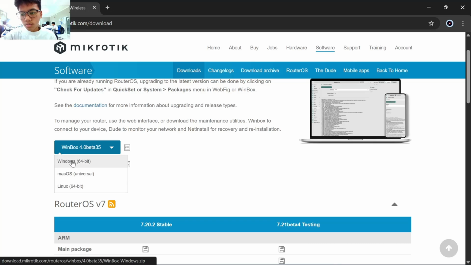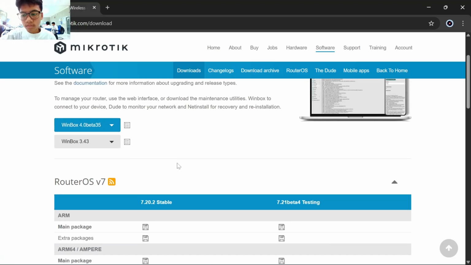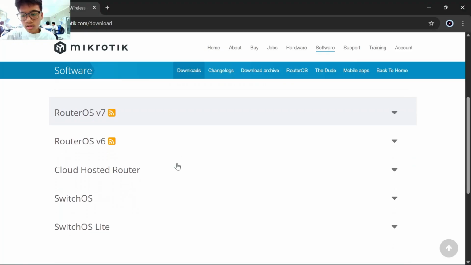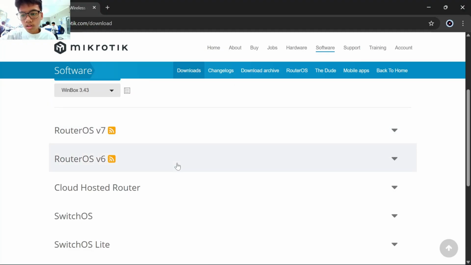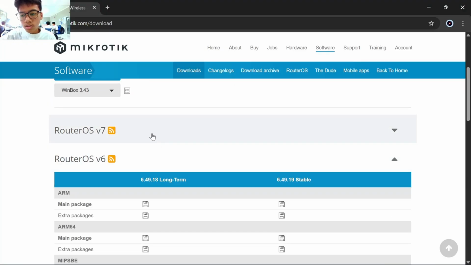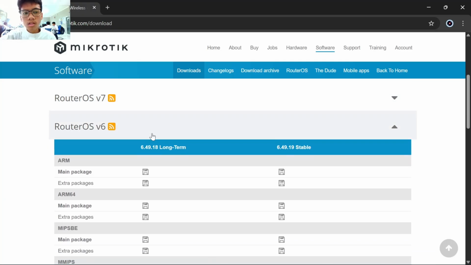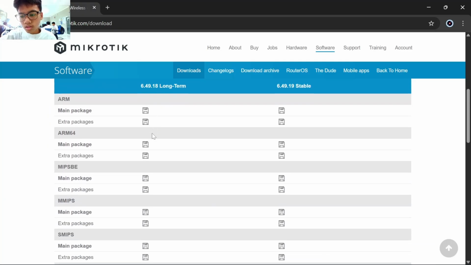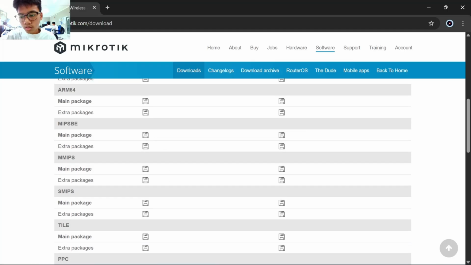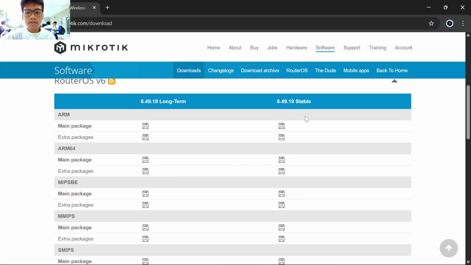Choose according to your system: if you use Windows, download Windows; if you use Mac OS, download the Mac OS version; and if you use Linux, download the Linux one. And you can see that there are two versions of RouterOS, version 6 and version 7. But my download is version 6, the stable version.